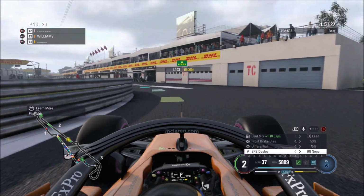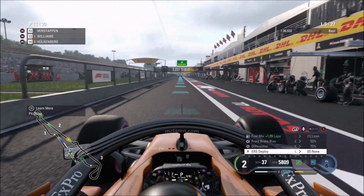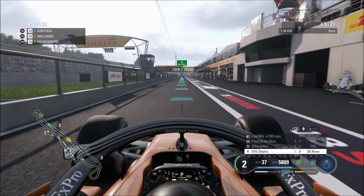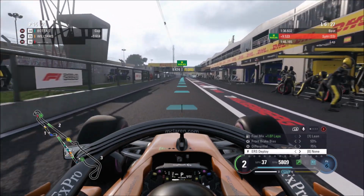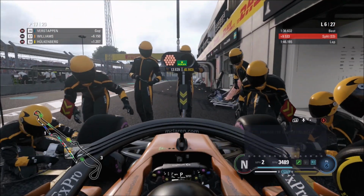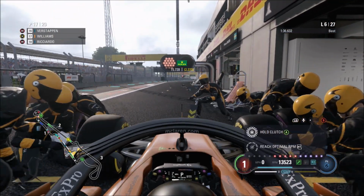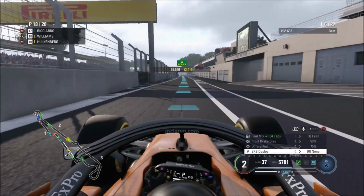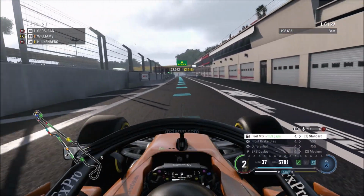Probably the most awkward pit lane in the world, in terms of entry. I really don't like it, and also the noise they make when they notify everyone that there's a car coming into the pits. That's a horrible siren, I'm not gonna lie. But as we go on to the soft tyres anyway,